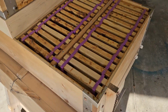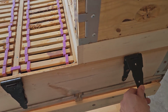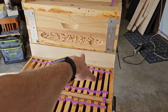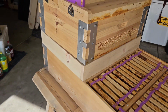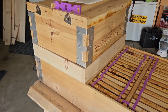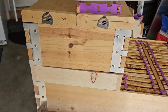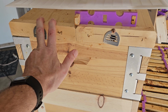The roof is currently off. I'm working on that. There were some fixes to go on, but if you saw any of my videos previously, the whole roof goes over the top, and it will fit with the spacer, or at least that's what I've been told. It will still cover the top. So I won't be able to go crazy high, do a bunch of the supers, unless I leave the top off. What I can do is come in here and pretty frequently change out these